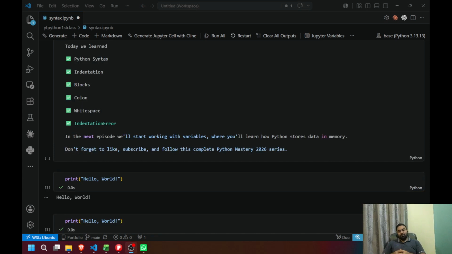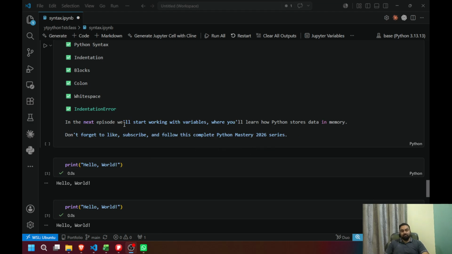So this was it for today, guys. Today we have learned Python syntax, indentation, blocks, colon, and white spaces, and I have also shown indentation errors. First I wrote clean code and also made some indentation mistakes to show the indentation error and how to fix it. And in the next class I will be starting a new topic, variables, where you will learn how Python stores